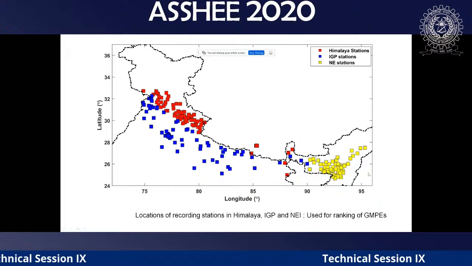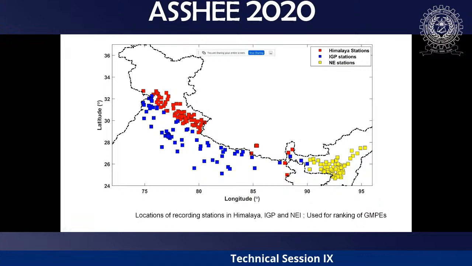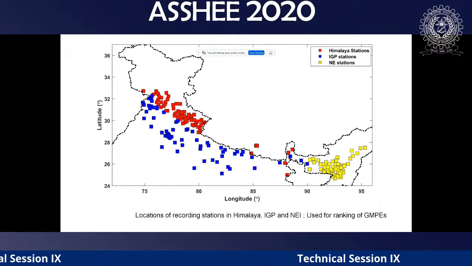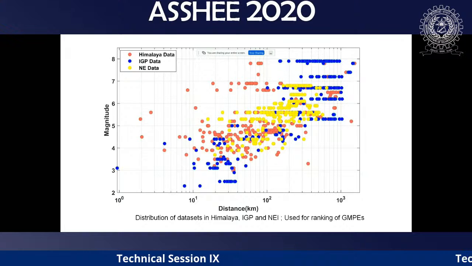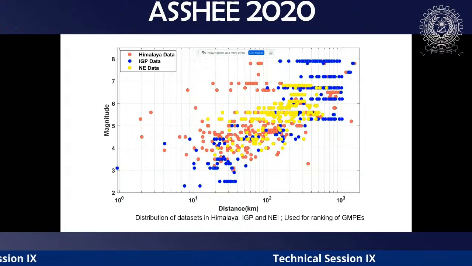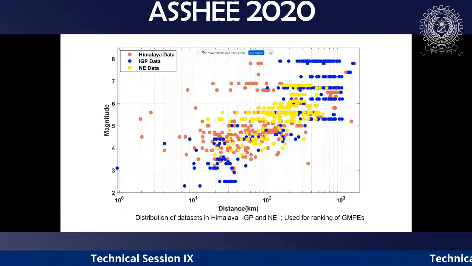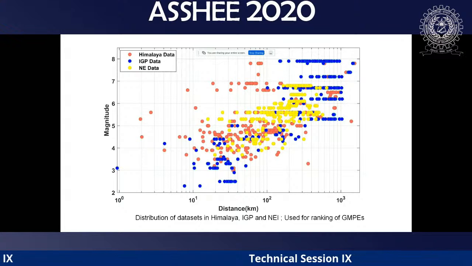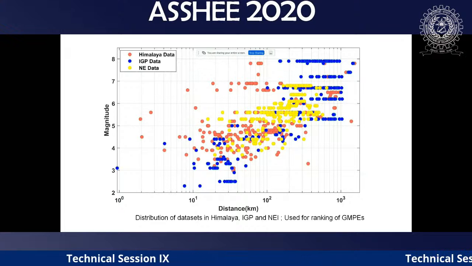Now using these data sets, we can develop GMPEs, or we can take international GMPEs of similar tectonic background, even give them a weightage, and do all the residual and other analysis. This is how the magnitude distribution of the data looks for India, like the Himalayas, IGP, then Northeast India. But when it comes to the shield region, we don't have much data, only some data sets like the Gujarat earthquake, some far away broadband stations, then Koyna, only a few events. It is not that complete.